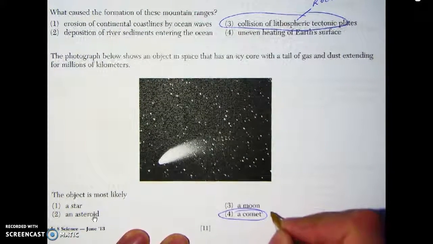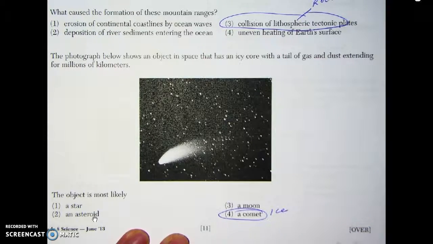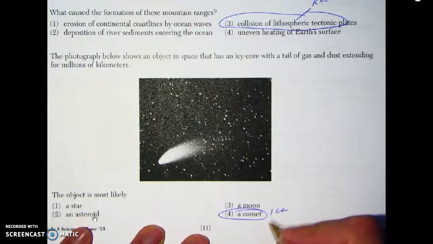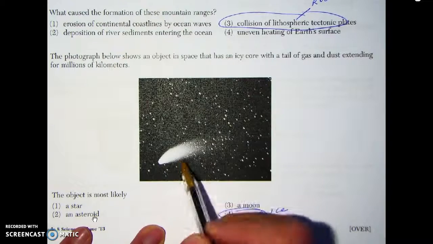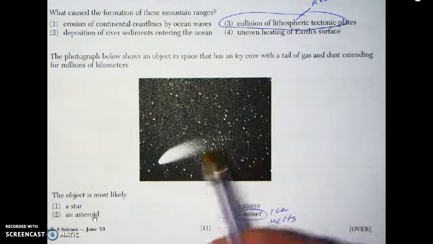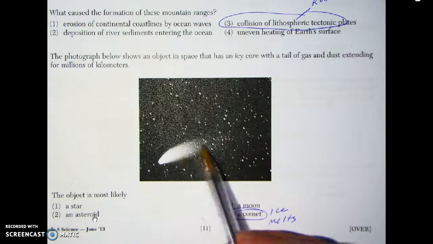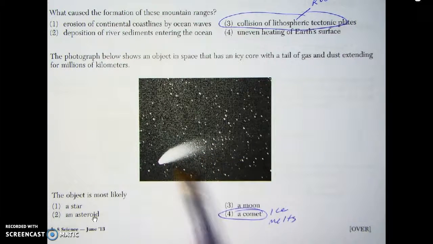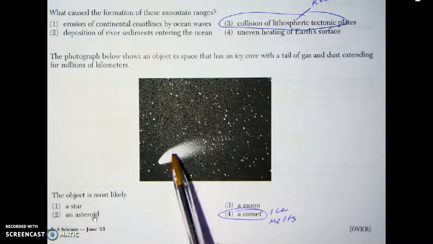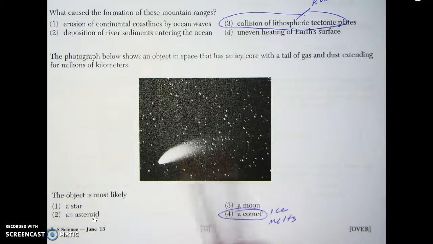Okay, this one is showing a comet. A comet is a ball of ice, and when it gets closer to the sun, it melts, and that's what creates the tail that we see in the picture. Lots of drops of melted ice, liquid water, and some other gases and things like that. But it's mostly ice, and as it gets close to the sun, it starts melting, and then that creates the tail.